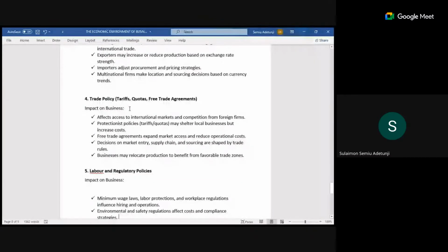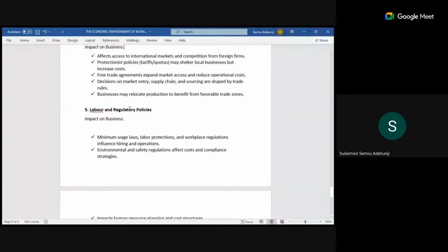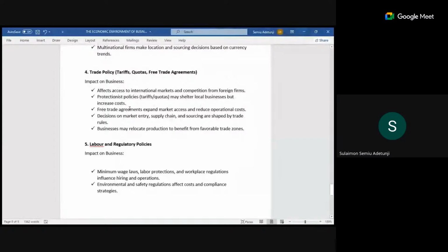Then trade policy. I've mentioned something like this before, where there is an agreement between two countries on doing transactions together, removing a trade barrier between two countries. I think there is a word for it inside tax. Is it treaty or what? I can't really remember now. So